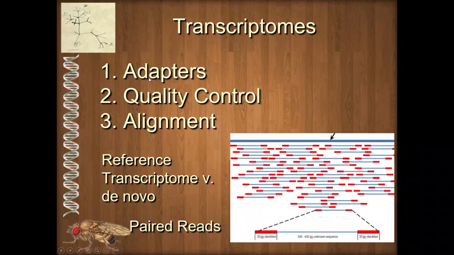Adapters are short oligonucleotides, a little bit like a primer, but a little shorter. They're short DNA sequences of known order that we can attach to our samples. So we could attach adapter 1 to the first sample, adapter 2 to the second sample, and so on. Then they all get mixed together on the sequencing plate. And then later, when we look at the sequences, all we do is say, hey, every sample that has this adapter on it, we're going to recognize it as from sample 1, and we'll put it in a separate folder,